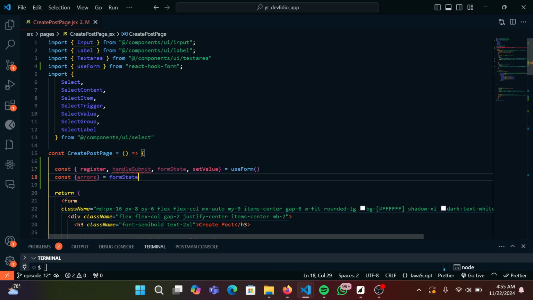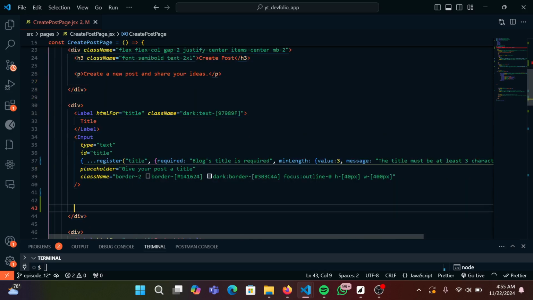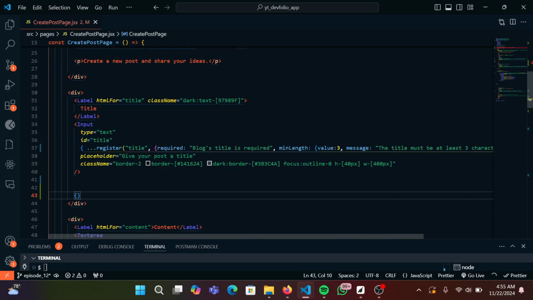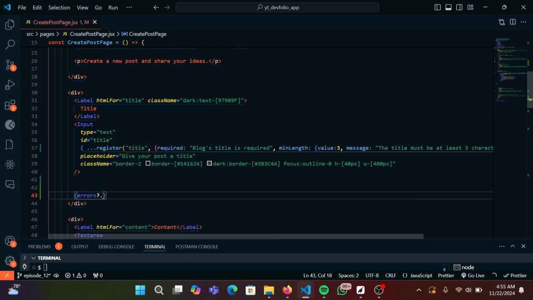Yeah, so we've got these errors now. So back down here, over here, just put in our curly braces, and I'm going to simply check. I'm going to say errors, I'm sure you're familiar with this, then put the question mark, then dots. I'm going to say errors or title dot message, right? If it exists,